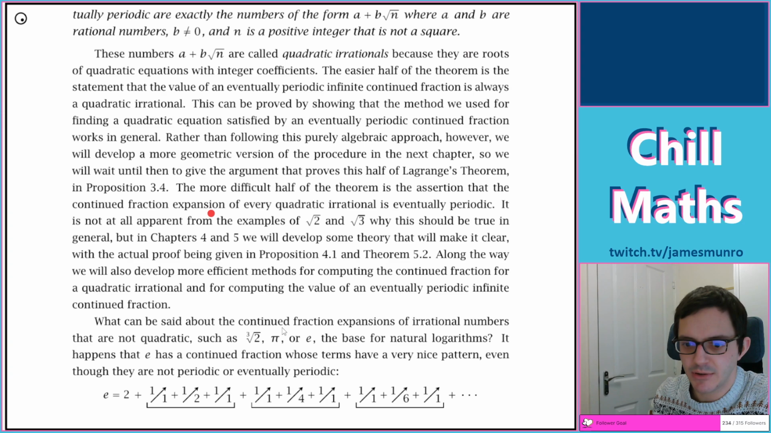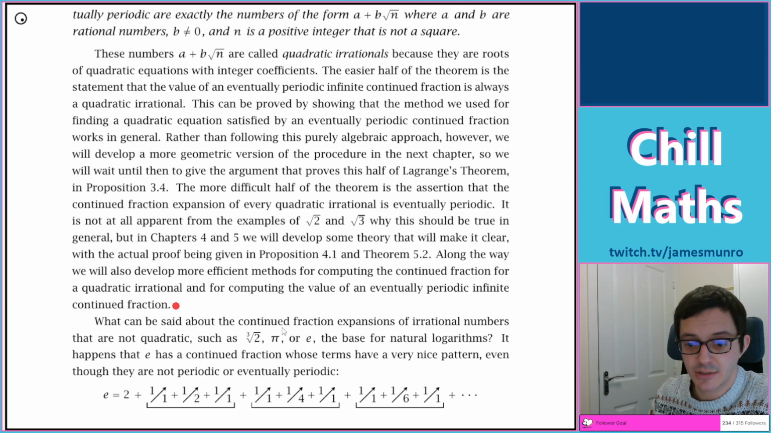Quadratics are eventually periodic. Not all apparent if any examples: root 2 and root 3. Chapters 4 and 5. Oh my goodness, right, okay. Actual proof is in chapters 4 and 5. So we have some road ahead of us, I think. Okay. More efficient methods of computing continued fraction for quadratic irrational and for computing the value of eventually periodic infinite